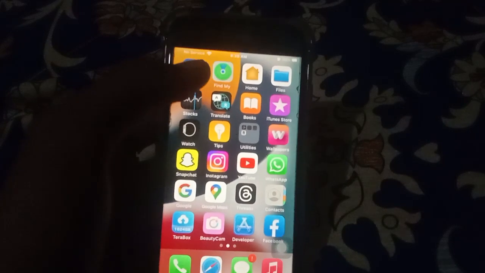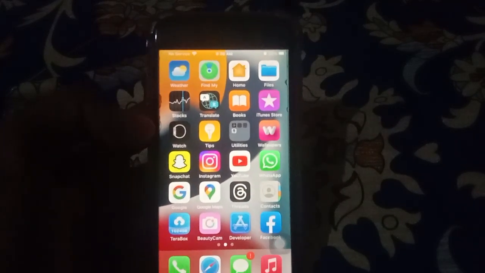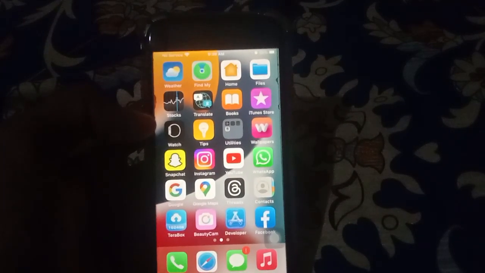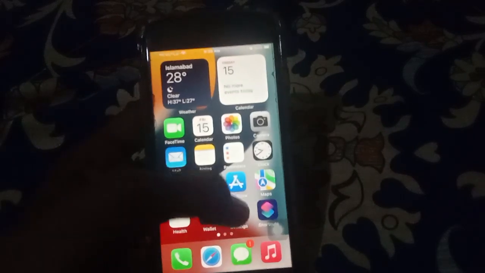delete the app and then reinstall it from the App Store. The next solution: reset all settings. Open the Settings